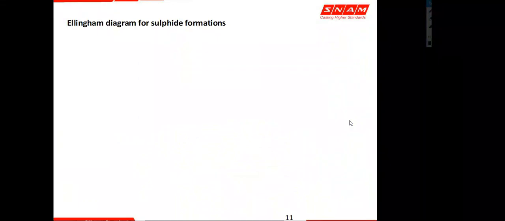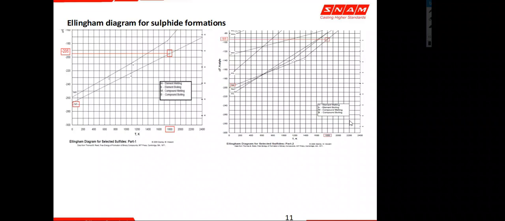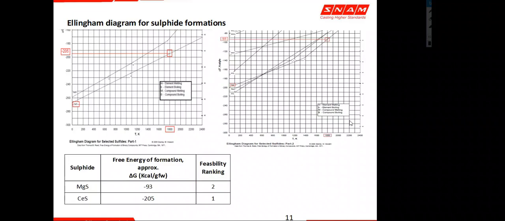The Ellingham diagram talks of the potency, or the free energy of formation, of different compounds. This will tell which element forms the compound first. When we talk of sulfide, when the free energy is lower, that is the most favorable reaction to occur. I have taken approximate values from the graph. When you compare cerium and magnesium, cerium has a lower free energy than magnesium to form sulfide. So when you have cerium, magnesium and sulfur in your metal, cerium is the first element reacting with sulfur to form cerium sulfide. This is how cerium helps in safeguarding magnesium.